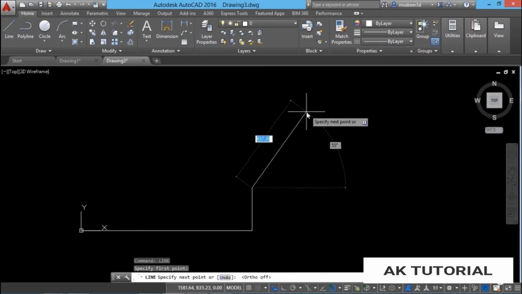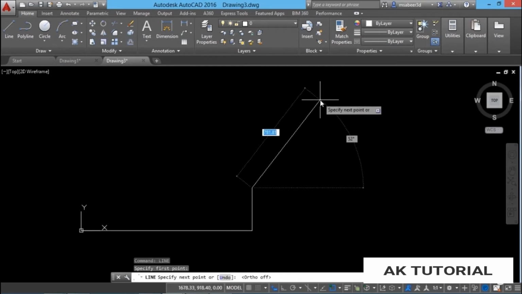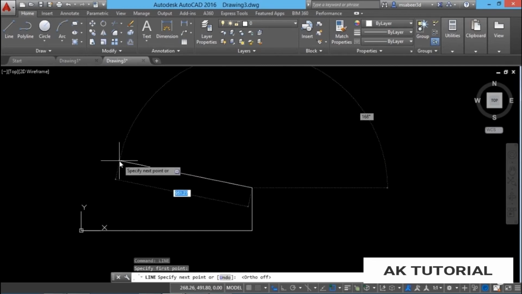But now you will see two values getting dynamically changed. The length of the line is getting updated and the inclination of this line segment with the horizontal, or with the x-axis, is getting updated. I want to draw the next line segment which is at 1200 units. So I'll type the value 1200. I want that line to be drawn in the leftward